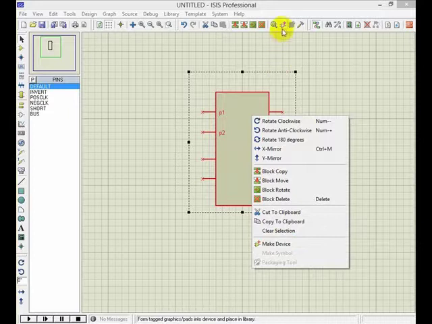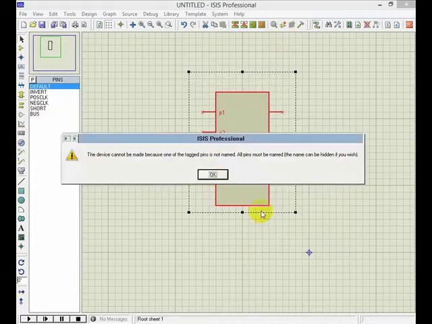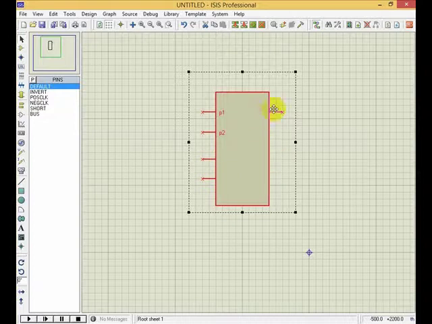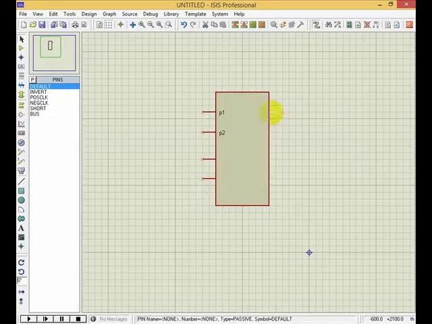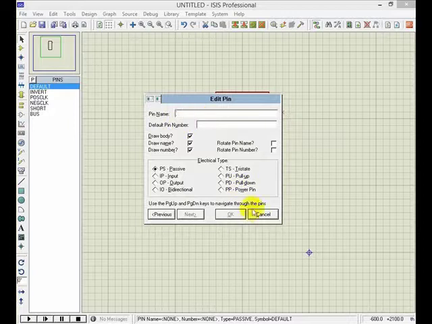It's also the same here, make device. Okay, and then it says the device cannot be made, there are pins without any names,